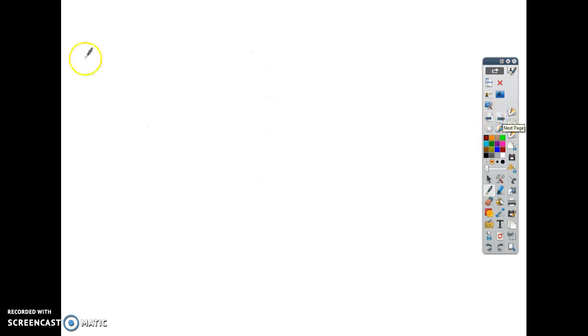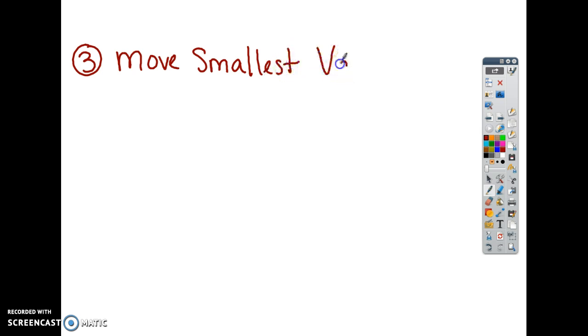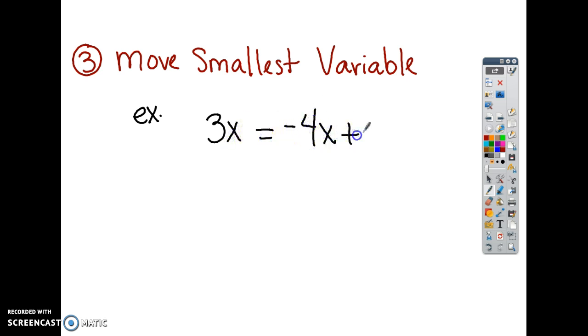Step 3 is to move the smallest variable. And that only works if you have a variable on both sides. For example, if you have 3x = -4x + 2, you have an x on the left and you have an x on the right, and you can't have that. So you need to pick the smallest one, negative 4 is smaller than 3, and move it